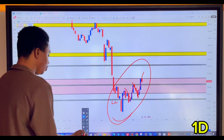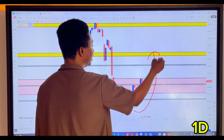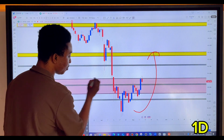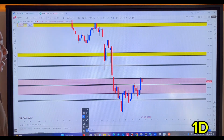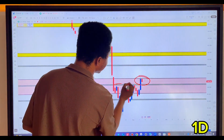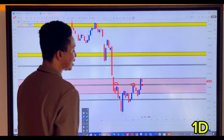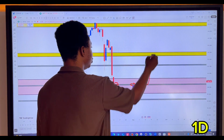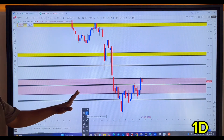An uptrend which we are seeing on the daily time frame, indicating that we are indeed seeing buy pressure from the support level all the way to the upside as well. Alright, so let's take it again to the lower time frame. Look at how we can pick our entry above this daily resistance level to the upside. Since price has been able to break above daily resistance, there's more chance to buy all the way to the upside. So let's take it again to the 4 hour time frame and prepare for entry to